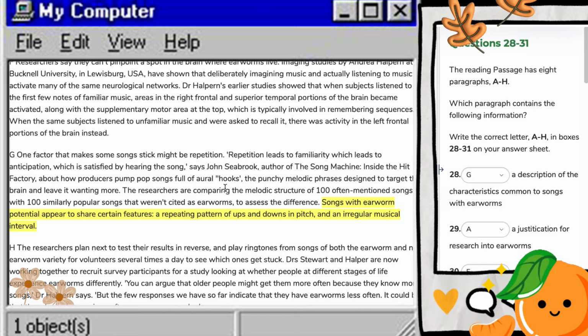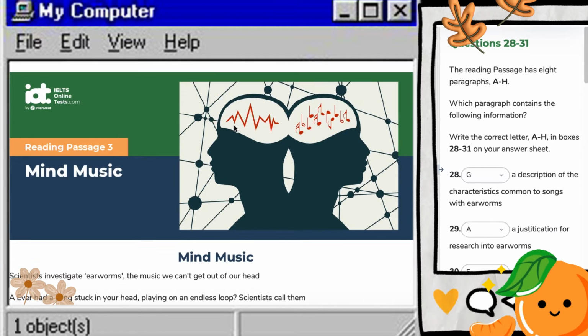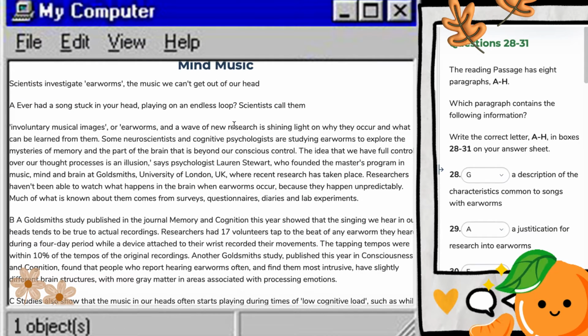29. A justification for research into earworms. Justification means an explanation for something. In this example, it explains why there is research into earworms. The answer is A. As you scroll up, you can find that the main idea of the first paragraph says something about why they study it, because in this sentence